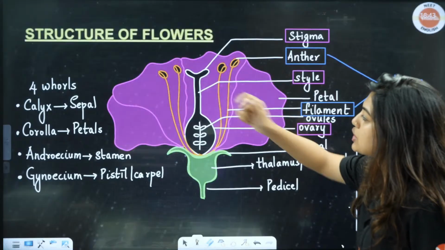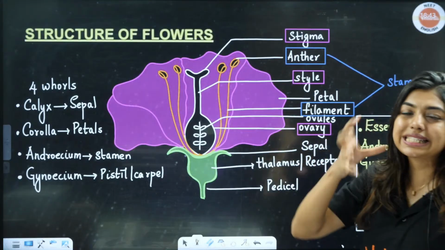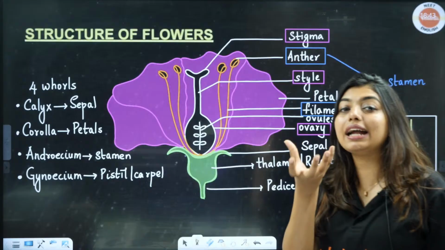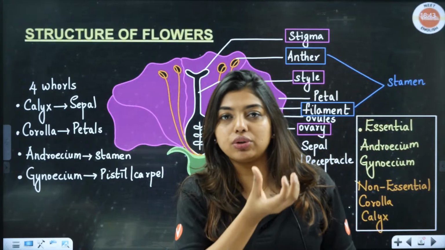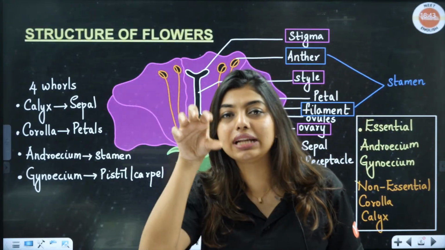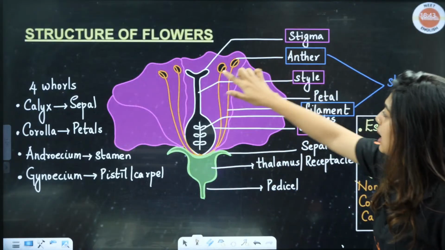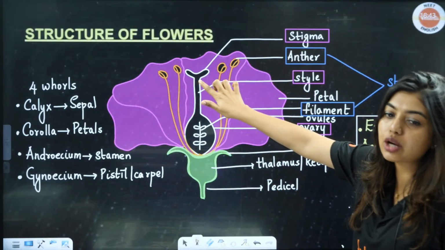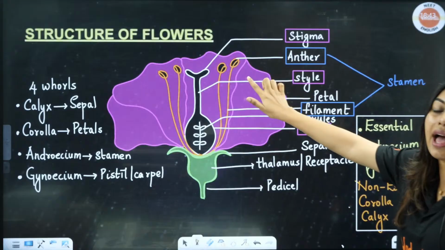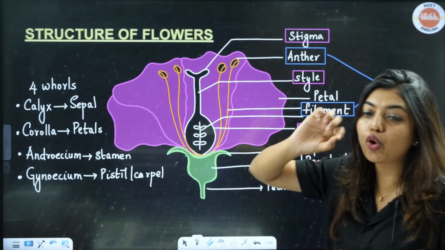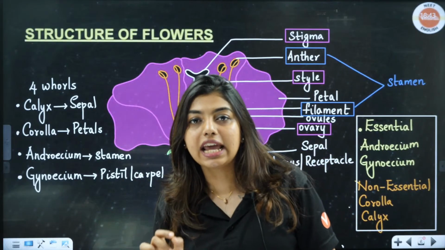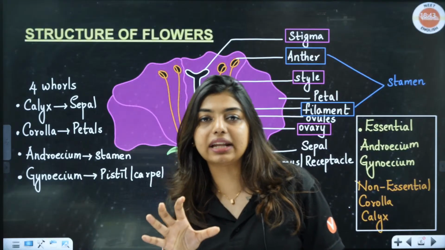Now, look here, this entire flower, okay, what and all can you see? You'll notice, students, first you know stigma. Stigma is the portion where pollen grains land, okay. So, pollen grains are going to land on the stigma. So, stigma is right here where the pollen grains are going to land, and then you have anther. Anther is the one that is going to have the pollen grains. Inside that, pollen grains are going to be there, okay.